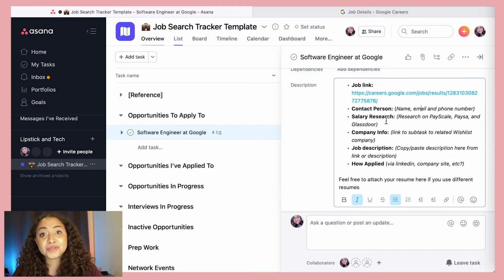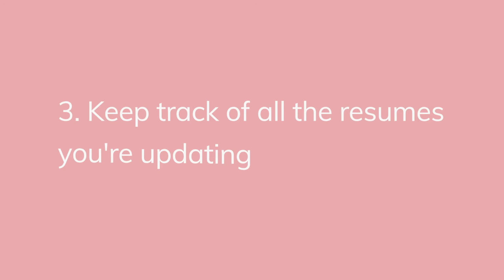I always leave room for salary research, not only for what my expected and ideal is, but also seeing what is the typical range for that type of position at the company that you're working for. A lot of this you can find on PayScale, Paysa, Glassdoor, etc. And finally, the last thing that I would recommend to all job hunters is to keep track of the resumes